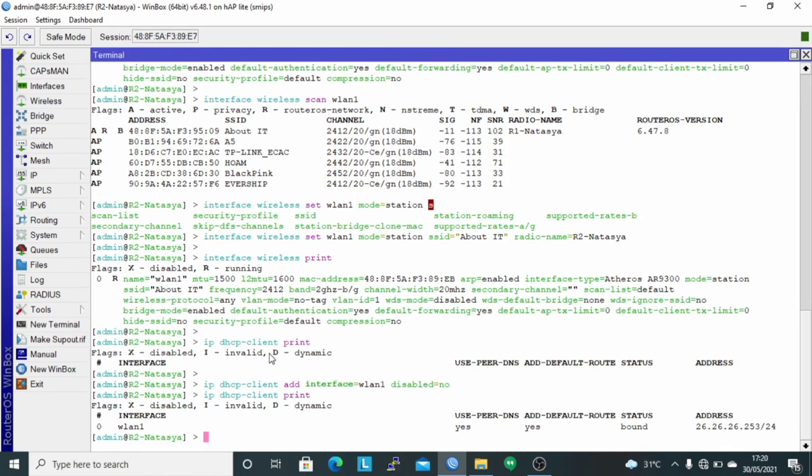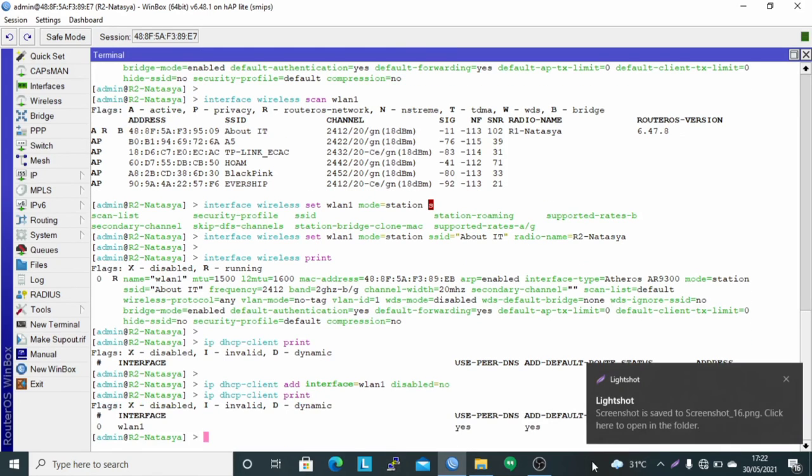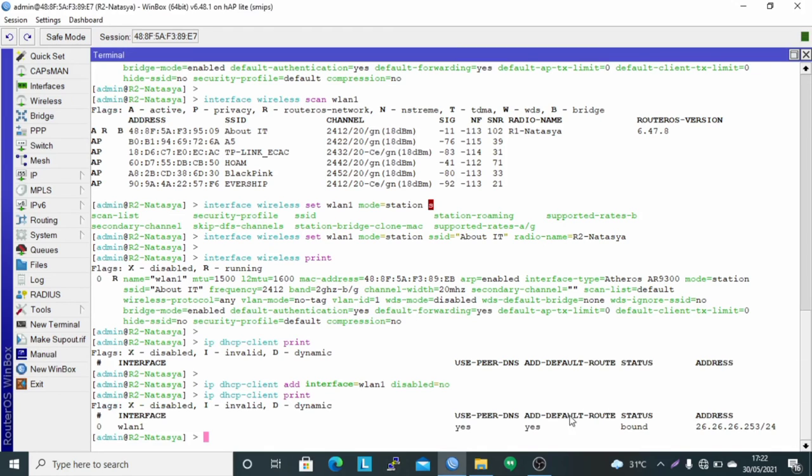It can be seen the interface WLAN 1 gets the IP address from router 1, which is 26.26.26.253/24.